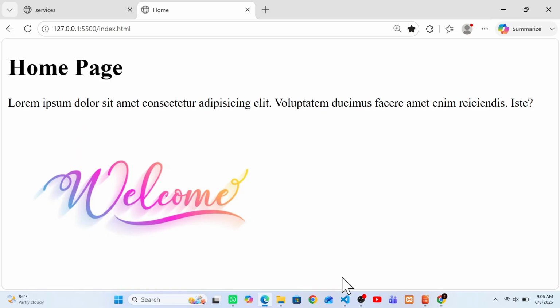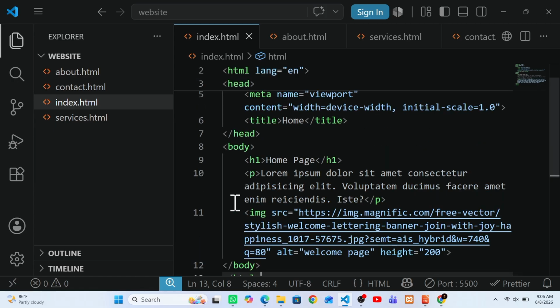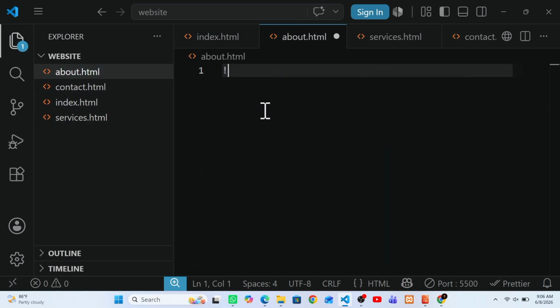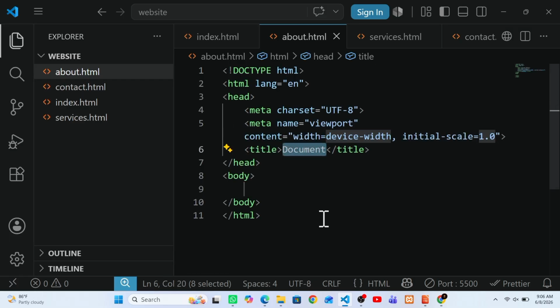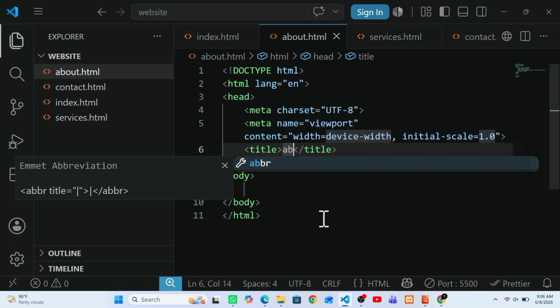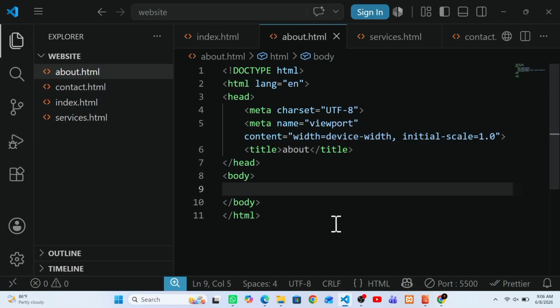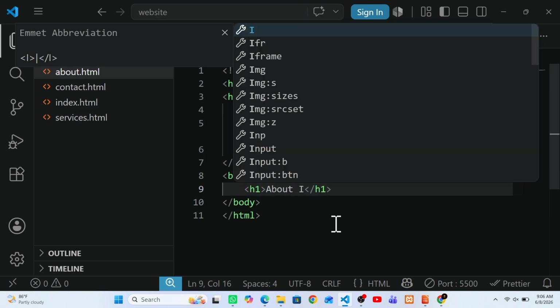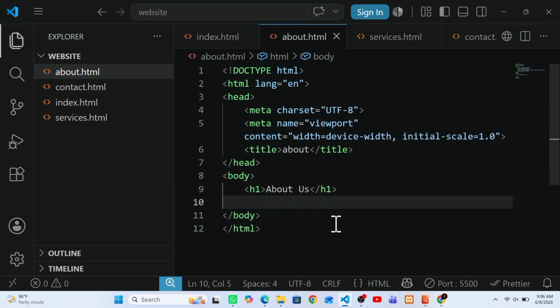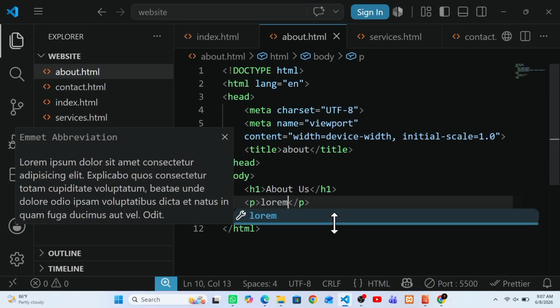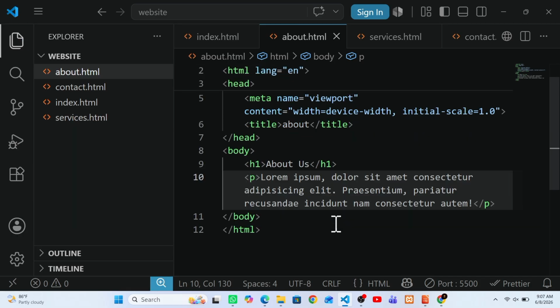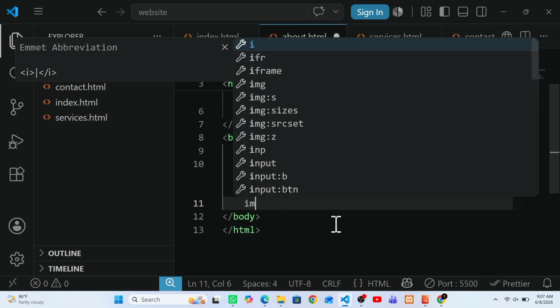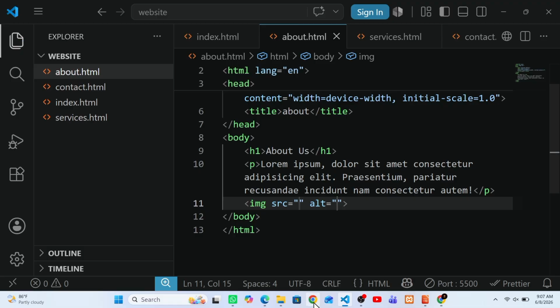Now let's go back and write heading, paragraph and image for other files. So here I will select about.html. I will repeat same steps here. First of all, I generated a boilerplate here and I will change its title to about, and here in body tag I will add h1 tag for heading. Inside the h1 tag I write about us, that will represent the about us page. Below the heading I am writing a short paragraph of 15 words to represent ourselves. Next I am adding an image to make the page more attractive and visually appealing.